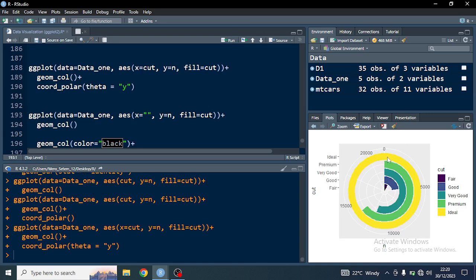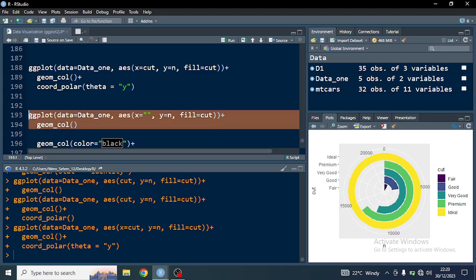You can see it has created some circular rings around this pie chart, and that is because we have said x is equals to cut. X is supposed to be empty, so saying x is equals to empty, then y is equals to n, fill is equals to cut, then geom col. So if I run this up to here,